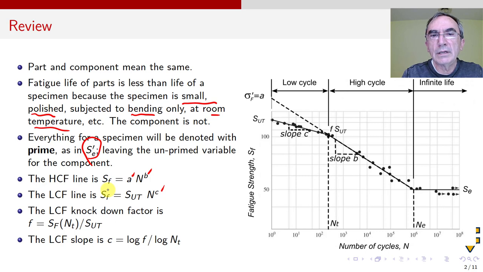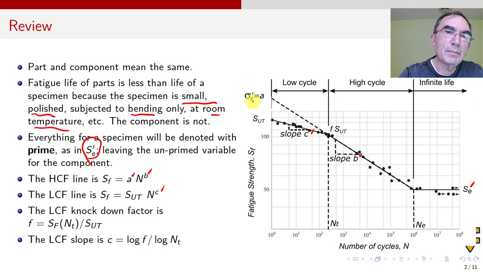And so then you say, oh, but he forgot the primes here. Where did I forget the primes? It's not that I forgot, it's that I don't want to do 2 drawings. So we put the prime like this, and this SE is for the specimen. It was determined with the R.R. Moore specimen, so we put a prime there. And we're pretty much done.